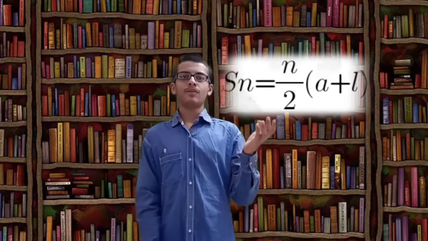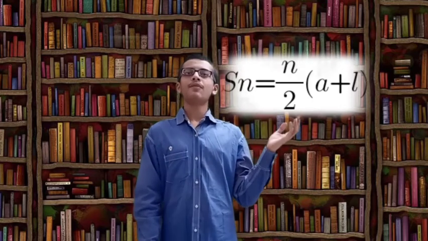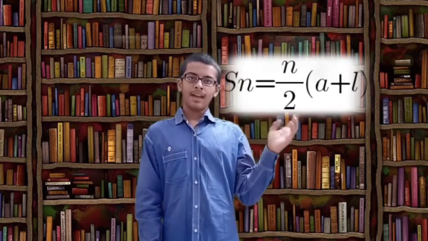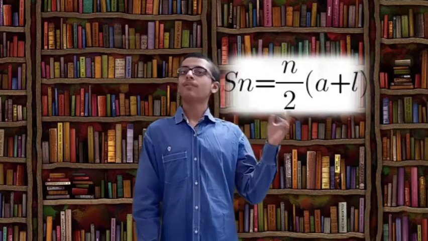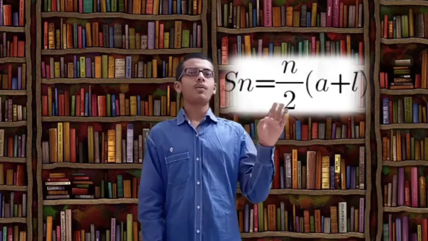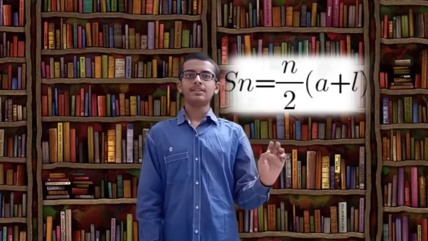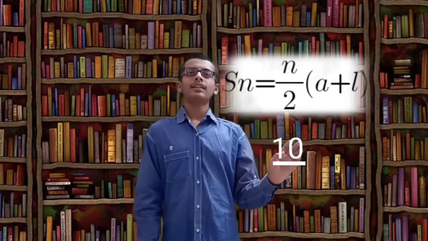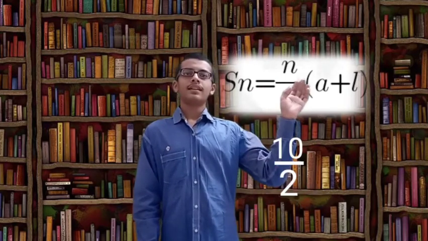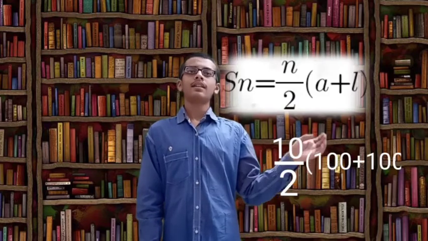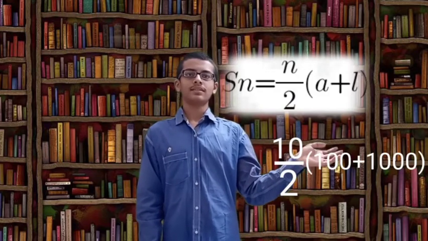Here our n would be the number of books, A would be the thickness of the first book, and L would be the thickness of the last book. So now let's put in the values of each of them. We have 10 upon 2, then into (100 plus 1000). Now we have to add them up and multiply, then divide. So our final answer would be